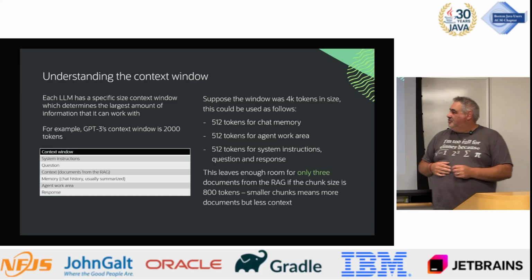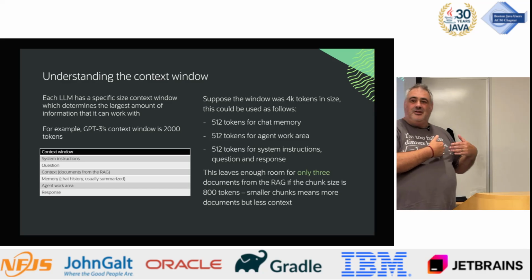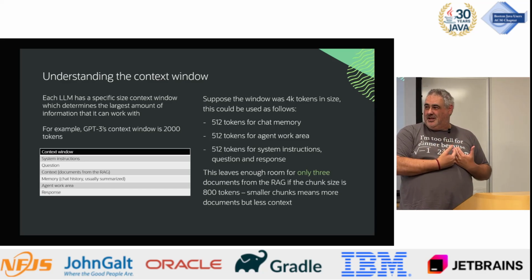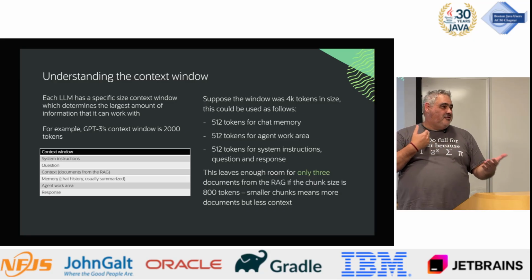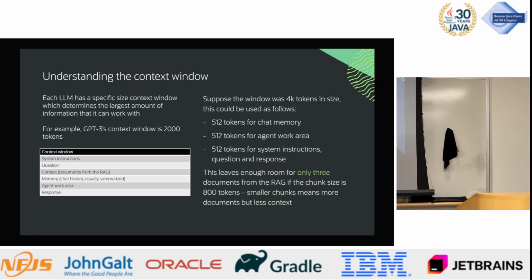There is also, if you're using RAG, the actual content has to go into here, right, that you're going to send to the model. If you're using memory, so that it remembers what you asked the previous question and so on, you've got to send a summary of the conversation up to that point, or the whole conversation, backwards and forwards every time. If you're using agents, typically they have a response area, and then the answer's got to fit in here as well, right, that it sends back to you.